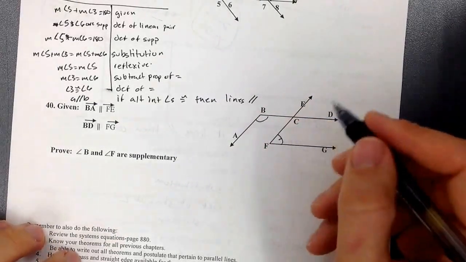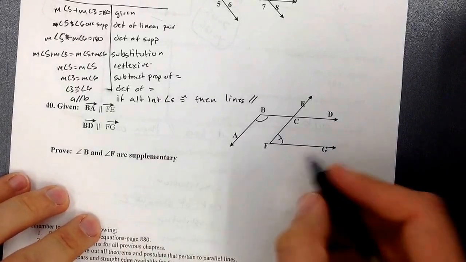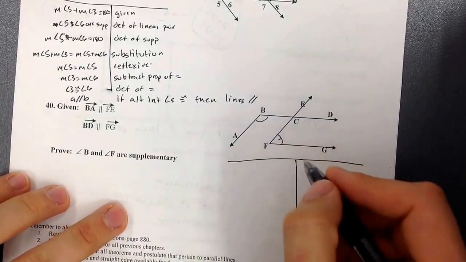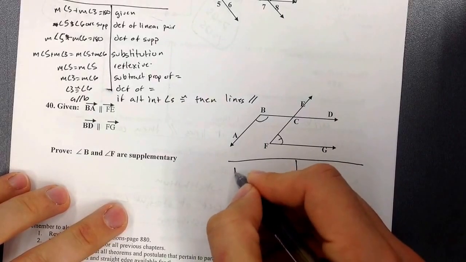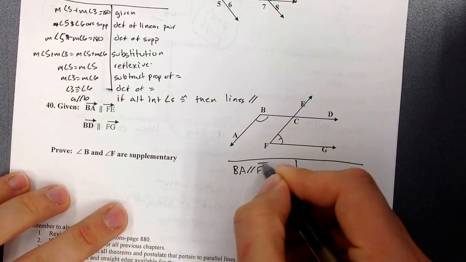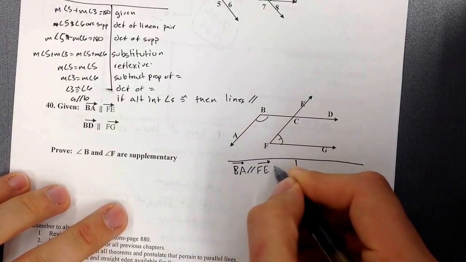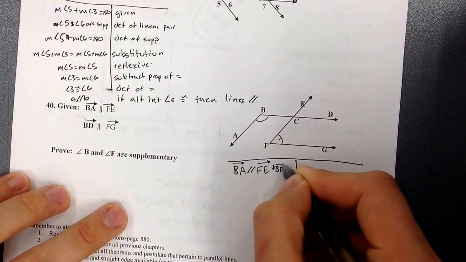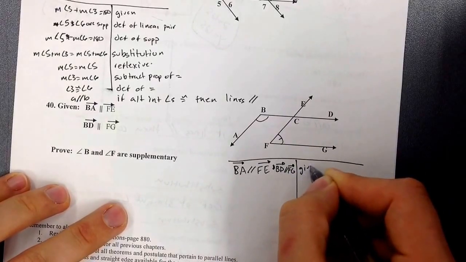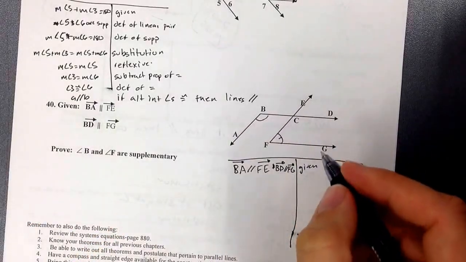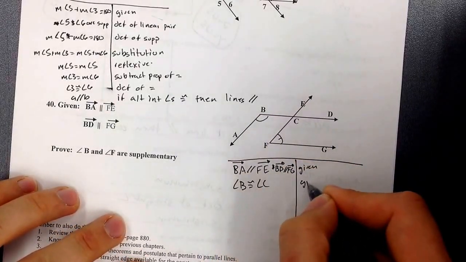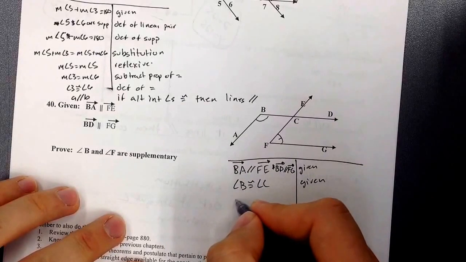All right, here we go. Start off with both my givens. So we'll go BA is parallel to FE, and BD is parallel to FG. It's given. And I'm going to start calling things out. Angle B is congruent to angle C. It's given. And then